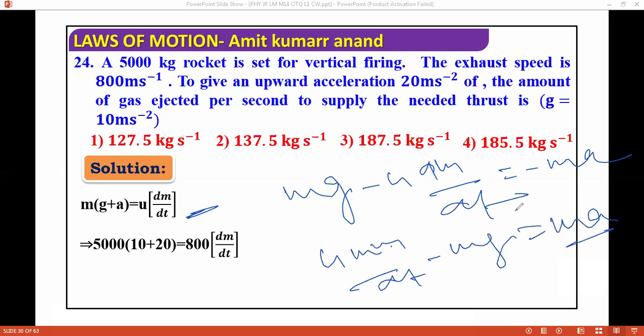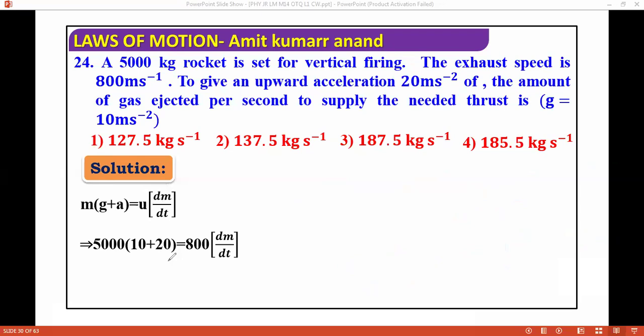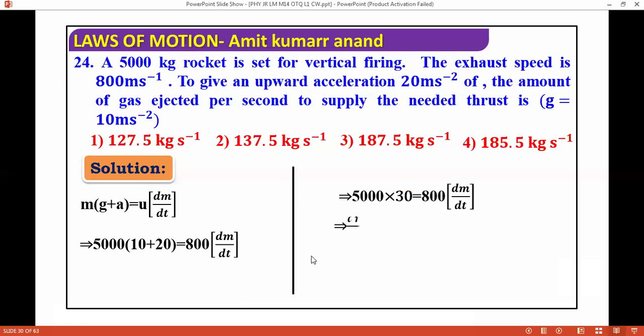See, again, the question can play with you here on m also, because you have to use the mass carefully, if any extra mass is given in the question. Right now, no other information about mass is given. Only one mass is given, and the question is asking the rate of mass. So no need to worry, no need to write capital M plus small m or something like this. You'll get the answer from here. So what answer is coming? The answer is this many kg per second. I think this is one of the best questions. In the exams, this question comes.